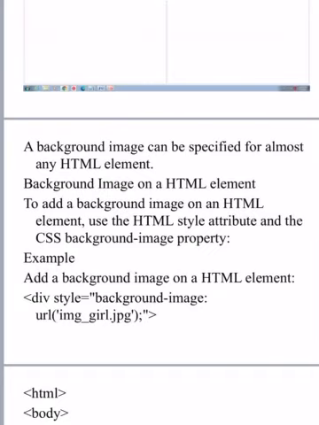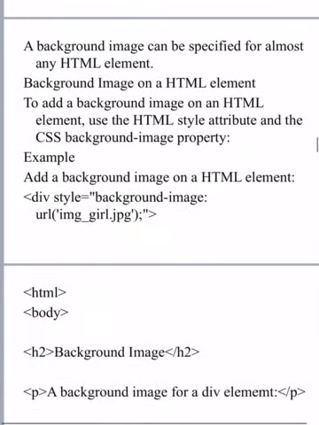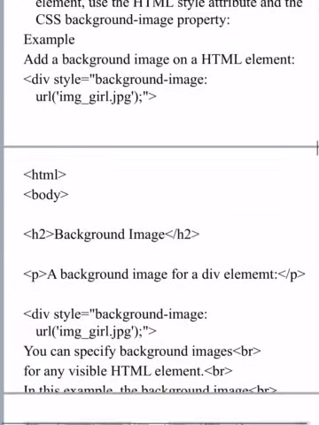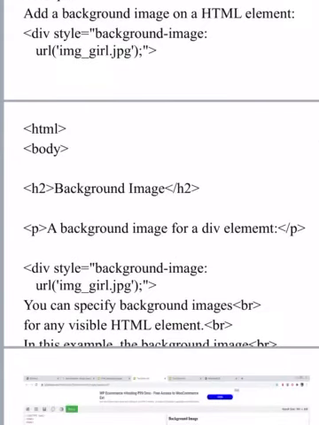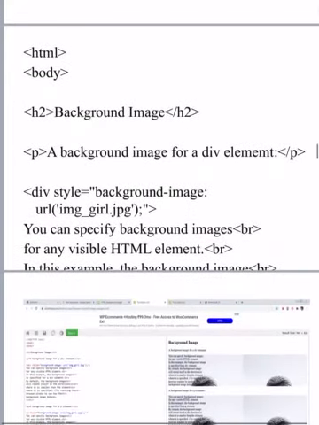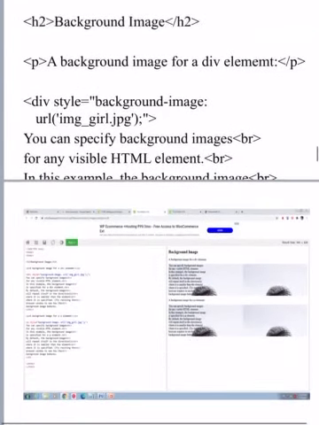So here the image name is img_girl.jpg, then a semicolon, double quotes close, and closing the div. HTML body, h2 background image, closing h2. Now a background image for a div element is the message we are giving for the background. Now you can specify background images for any visible element.